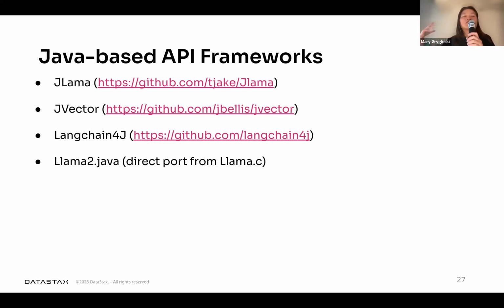But these are just some of the Java libraries, because a lot of times people say that Java is not going to catch up, but I think it will. Right now at our company, we have JLlama, which is a port of the Llama library. And there's also JVector. If you are interested in vectors, this makes use of the latest Java version. There's a project, Panama, that has a special library that works with SIMD, single instruction, multiple data.